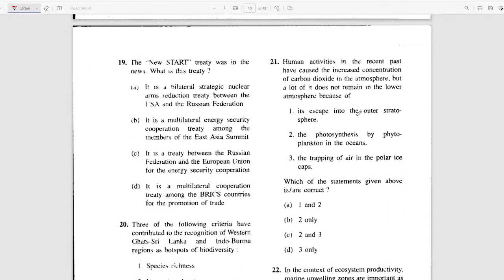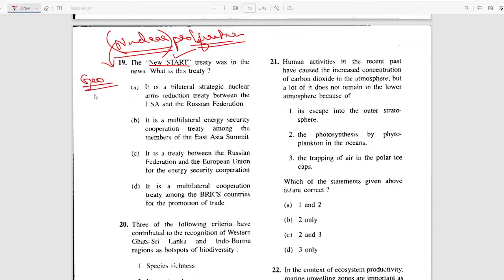Then the 19th question. The new START treaty was in news because the START treaty was related with the nuclear doctrines. So if there is any treaty in news regarding nuclear proliferation, go through that. Nuclear is very important. They can ask you about anything about nuclear technologies and nuclear power. In geography, they can ask you in the mapping nuclear